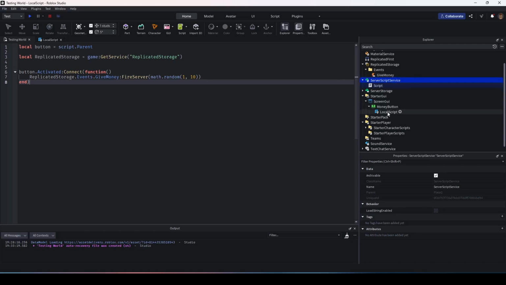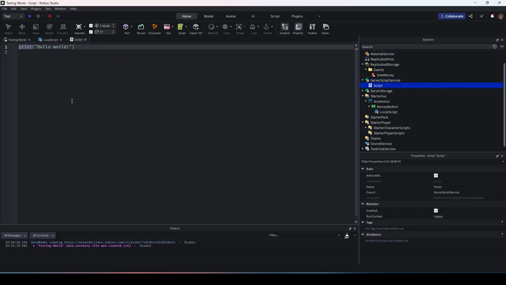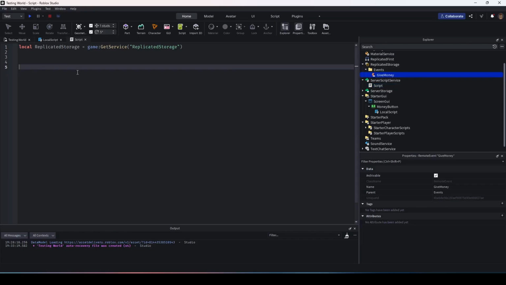So similar to the client side, we're going to do something similar with the server side. So we're going to go in server script service and create a script. And we're going to delete everything. And we're going to get our replicated storage. Now, what we want to do next is we want to connect our event to our script, and specifically to the server. So if we do replicated storage dot events to get our events folder, and then dot give money